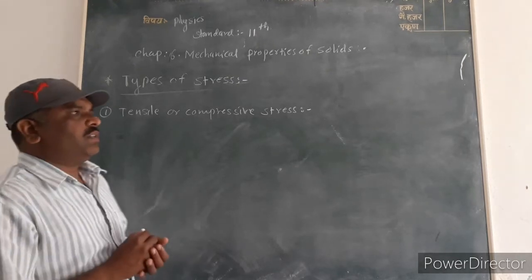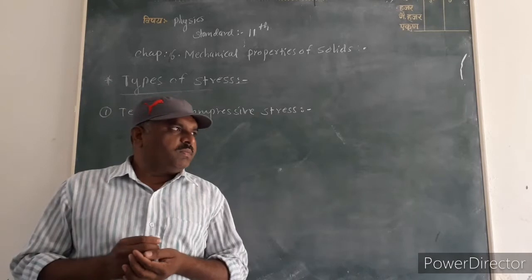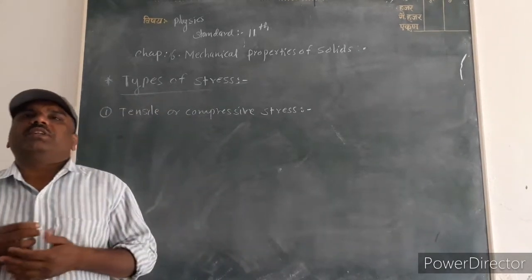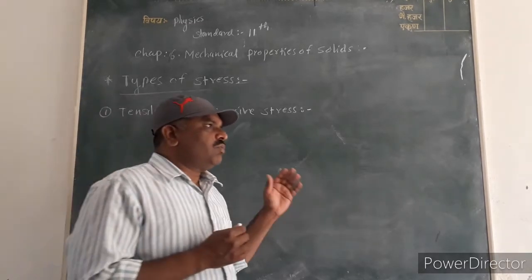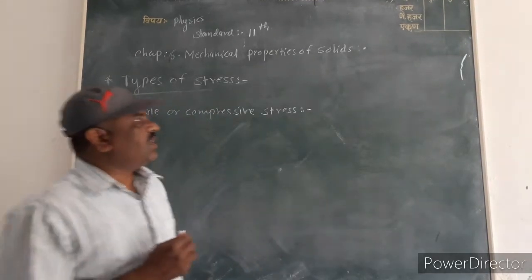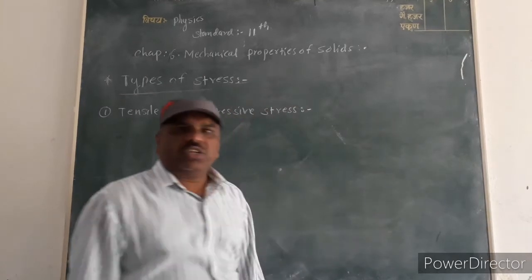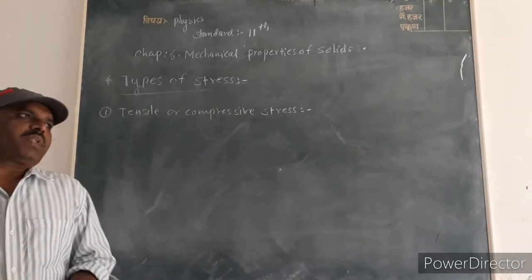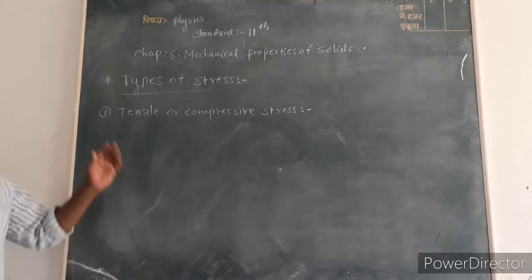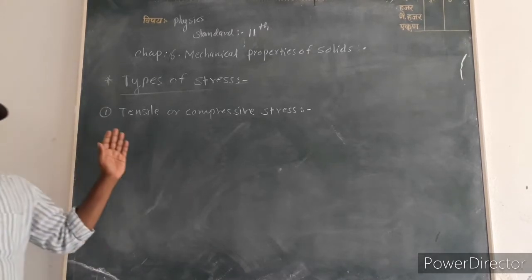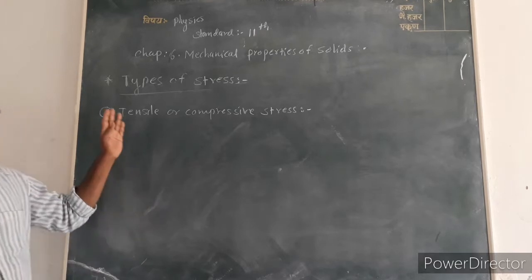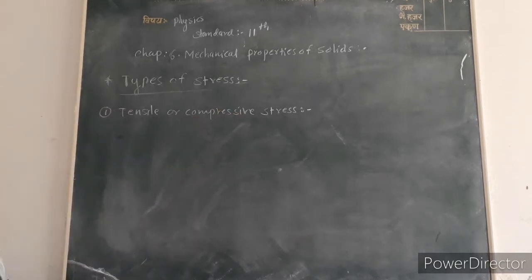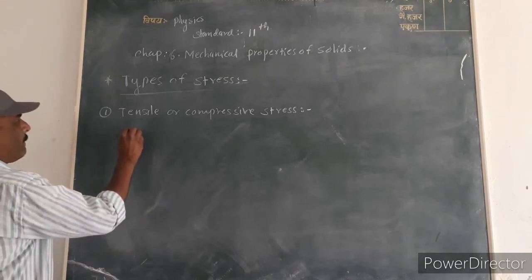If we apply a force on any body, then deformation takes place, and due to deformation there is a change in length, change in volume, and change in shape of the body. In tensile, or it is also called longitudinal tensile or compressive stress, due to applied force,